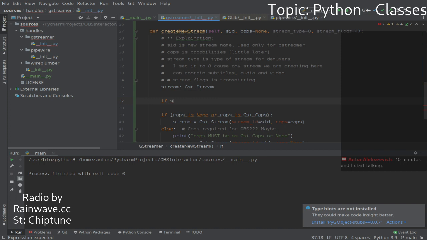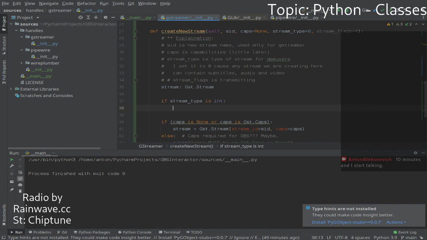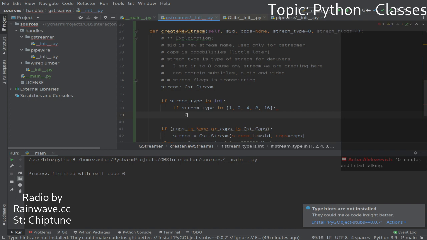If stream type is int, we need to just check if our stream type is in these values: 1, 2, 4, 8, 16. If it is okay, I can create new of this